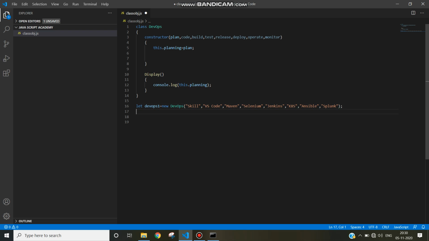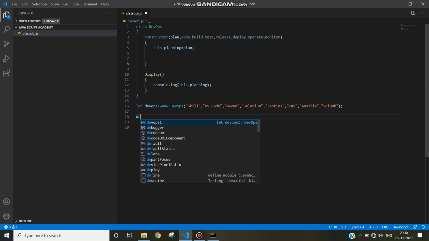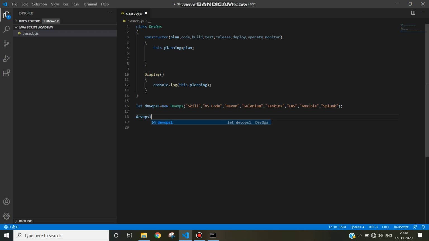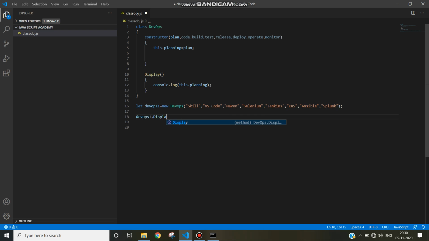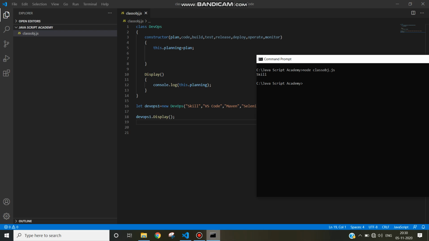Now it's time to call function by using object DevOps1 and dot operator, DevOps1 dot name of the method or function, display. Okay. Now it's time to run this program.